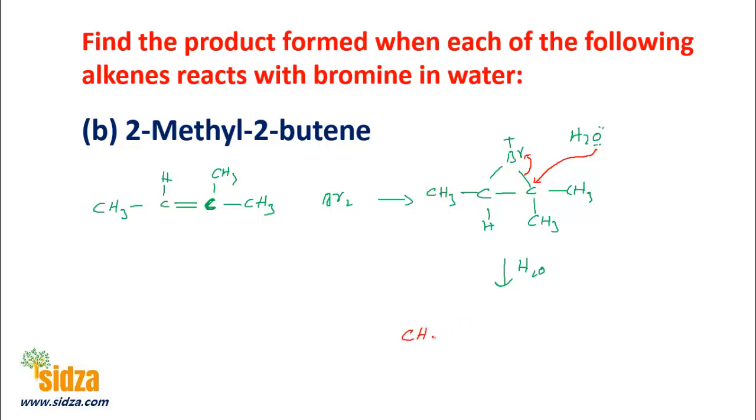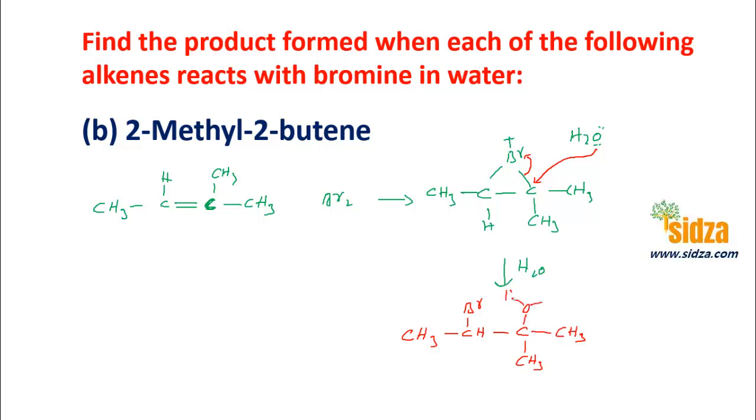You get a CH3 here, carbon with a bromine and a hydrogen atom, single bond carbon, CH3, CH3, and an oxygen there with 2 hydrogen atoms. Is the water molecule, so it will get a one formal positive charge, and then hydrogen will be released here as H positive, correct? So it will be loss of H positive here. So what you get, final product will be the CH3,